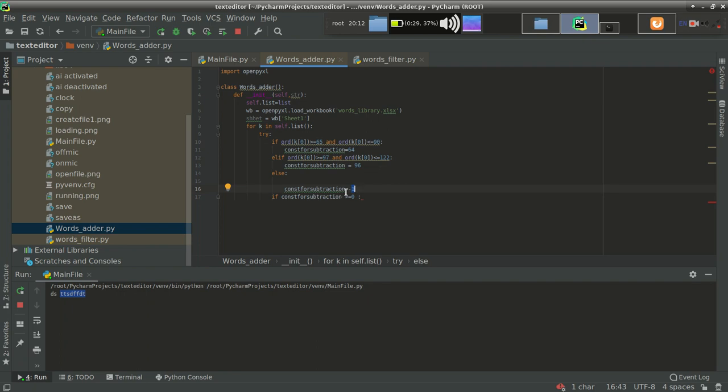But suppose that it is greater than 0, it means it starts with a letter. It is a word, it is a verified word. So I have to add that. That's why I am writing if const for subtraction is greater than or equal to 0. It means it does not contain any number. If it contains a number, then I simply pass it. I'll write the code for that also. But let's suppose that it is an actual word, because it is greater than 0. You can see that for small letters we have this const greater than 0, and similarly for capital letters we have const for subtraction equal to 64, which is also greater than 0. So let's add that.